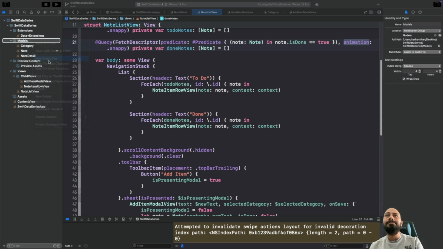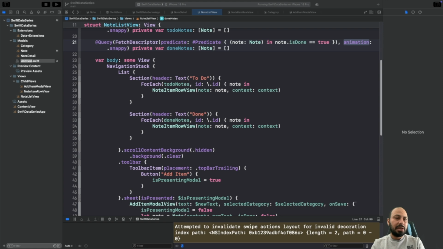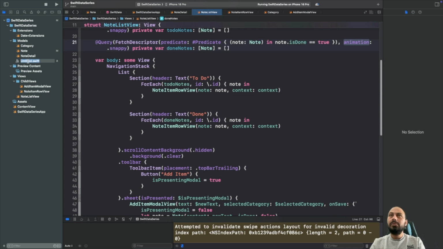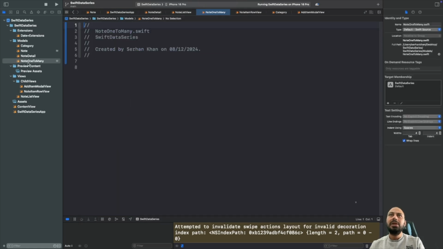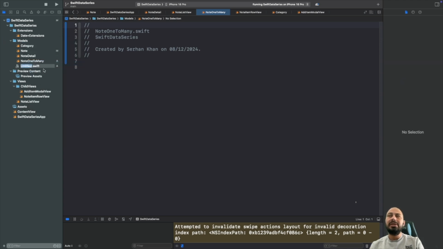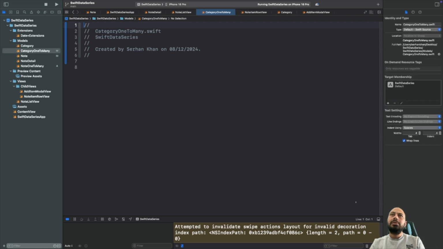One will be, let's add a new empty file, node one to many dot swift, and the other will be category one to many, so that we will separate it from the one-to-one relationship, to show you a specific example for one-to-many. Good. So our models will